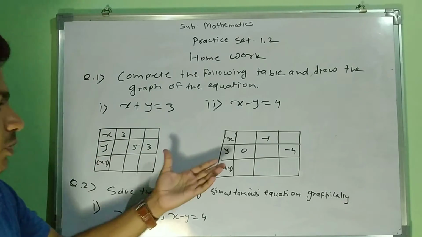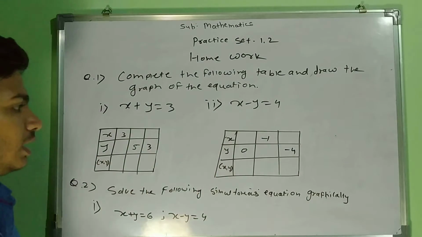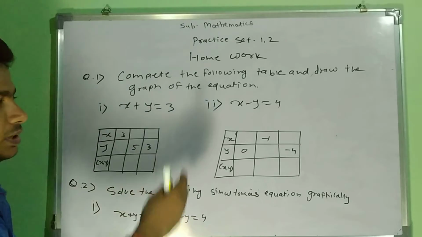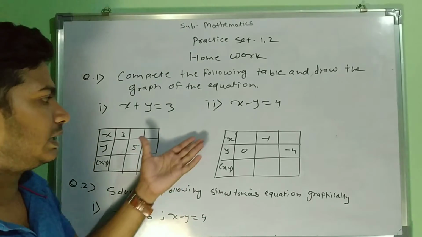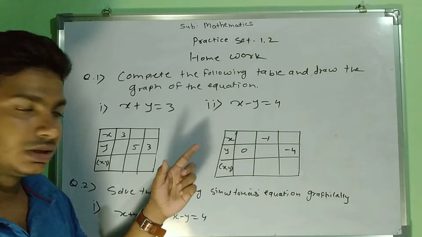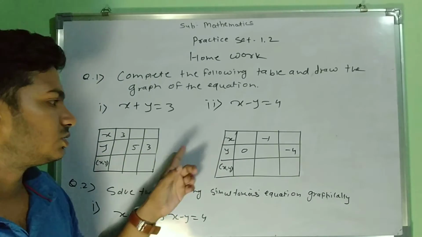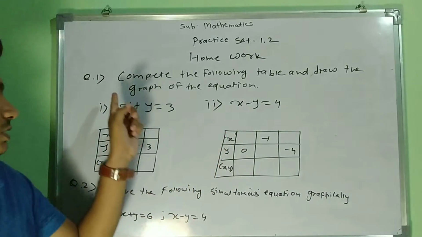Now those 3 points you have to represent on the graph, on a separate graph. Okay, don't find the simultaneous solution. Don't solve them simultaneously. Just draw on a separate graph. This is a representation of equation number 1.